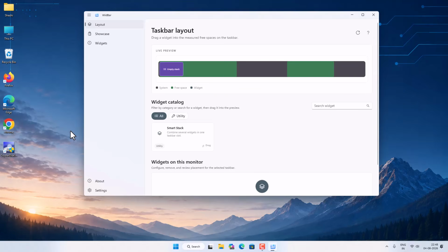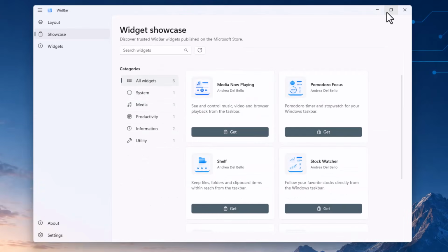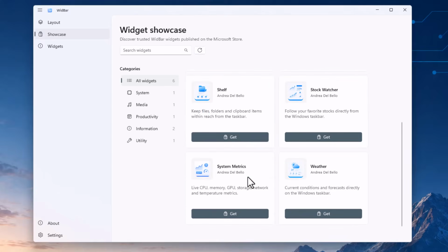After opening Widver, you will see its main interface. On the left side, you will find different sections used for installing and managing widgets. From the left panel, click Showcase and scroll down, and you will find the System Matrix widget. Just click on Get to install the System Matrix widget,